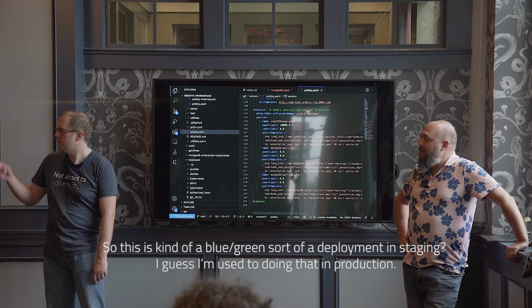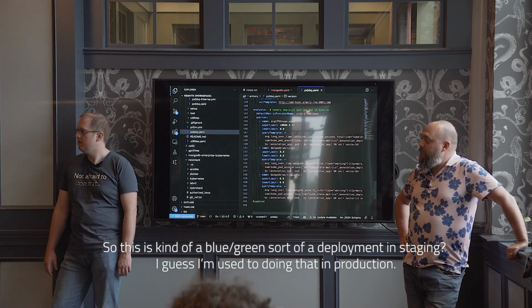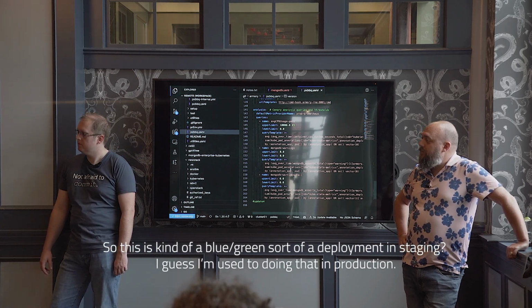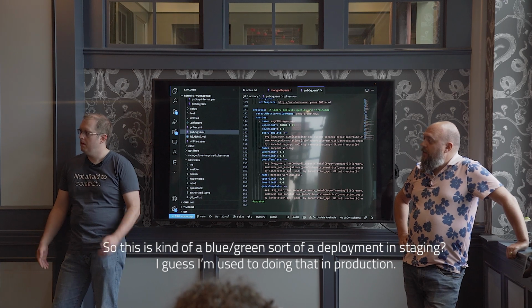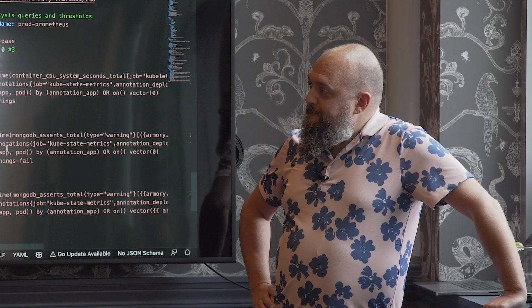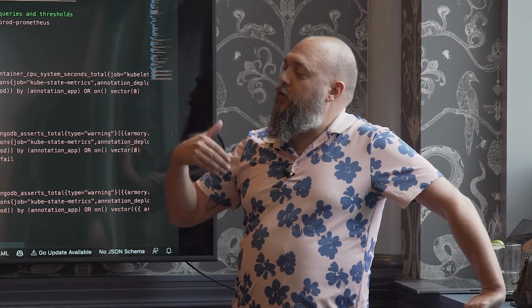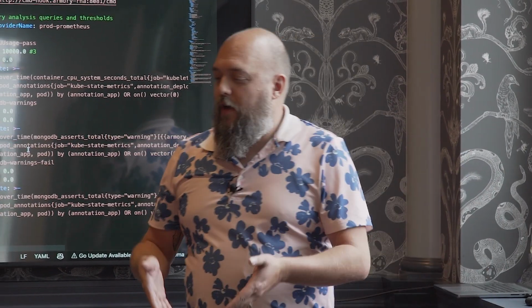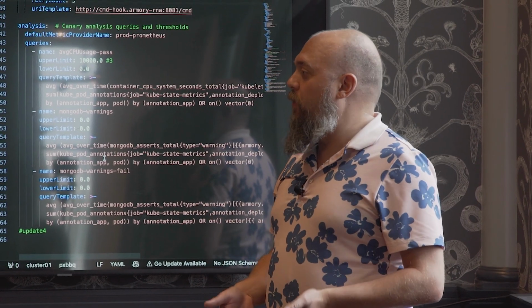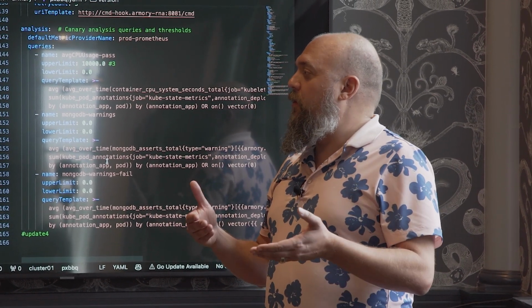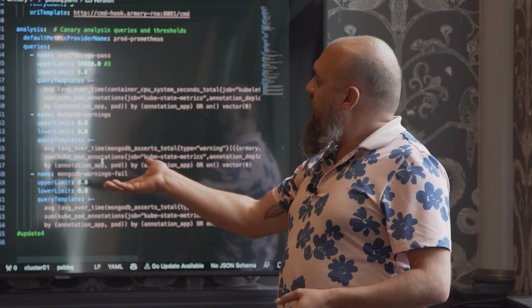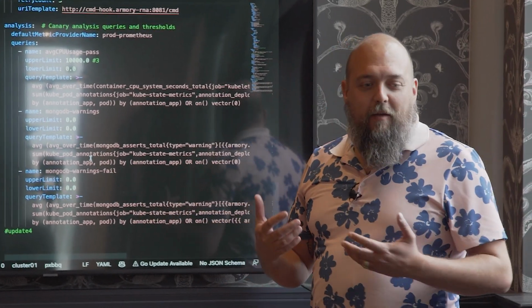This is kind of related to stations. I guess I'm used to doing... So this could have done a blue-green deployment if we wanted it to into production. The reason for the stop off at staging is to be able to run some more invasive tests, because otherwise, and actually this would be a good question, because I'm